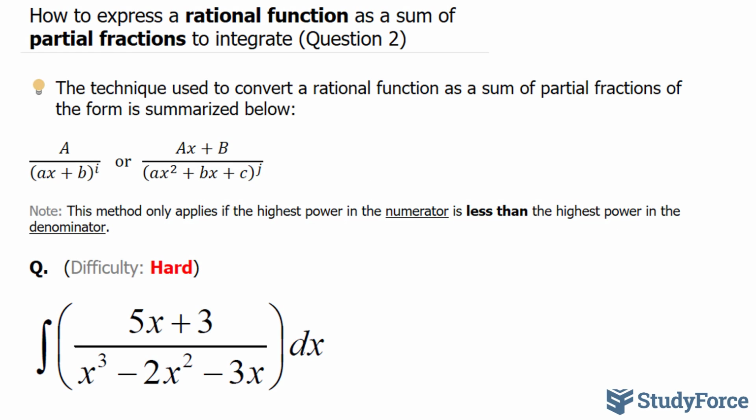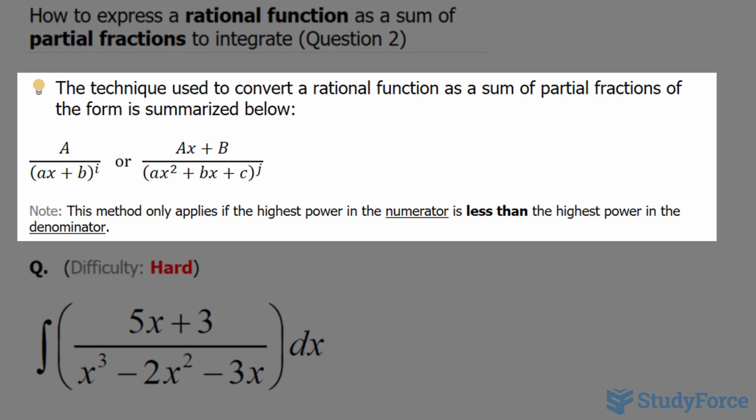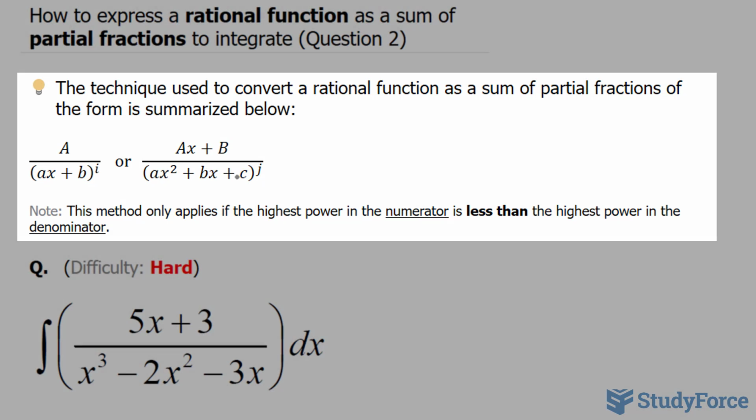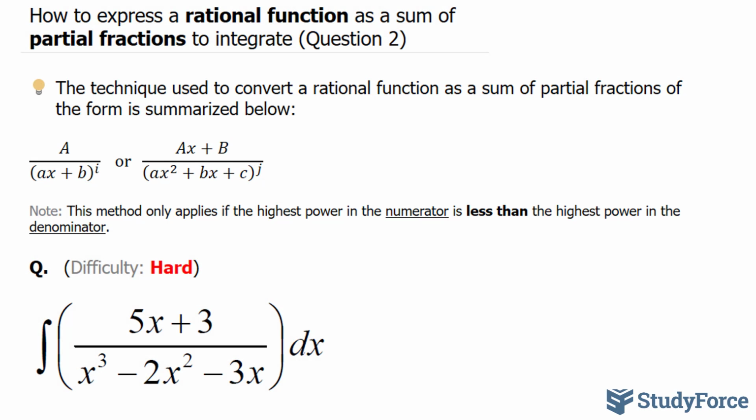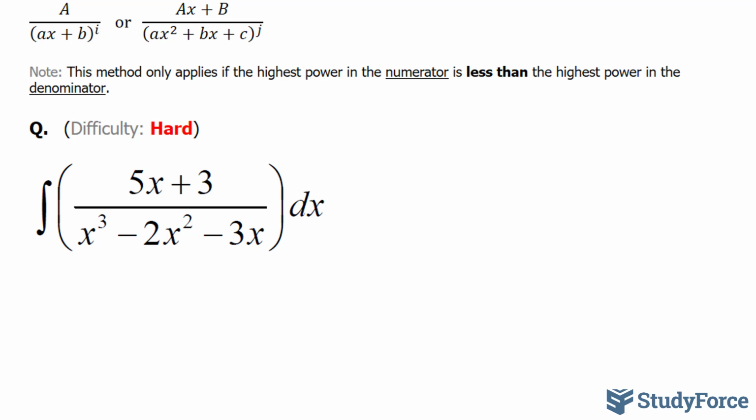In this video, I'll show you how to express a rational function as a sum of partial fractions to integrate. This is question 2. The technique used to convert a rational function to a sum of partial fractions is summarized below, and this method only applies if the highest power in the numerator is less than the highest power in the denominator. The function that we'll be integrating here is the following, and the first thing that I'll do is